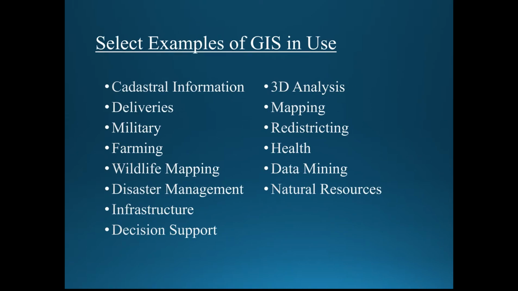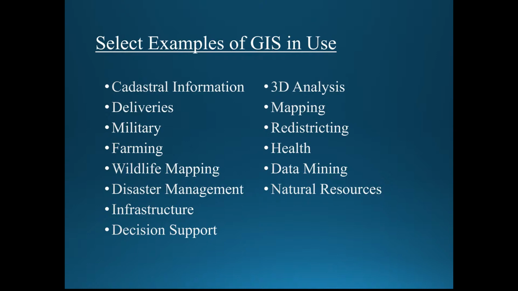Some basic examples for GIS in use are things like cadastral information systems. That focuses on land administration, looking at what land information exists where and what all the additional information is that goes into it. All right, 3D analysis for looking at things like topographical effects, water flow activities that could exist,